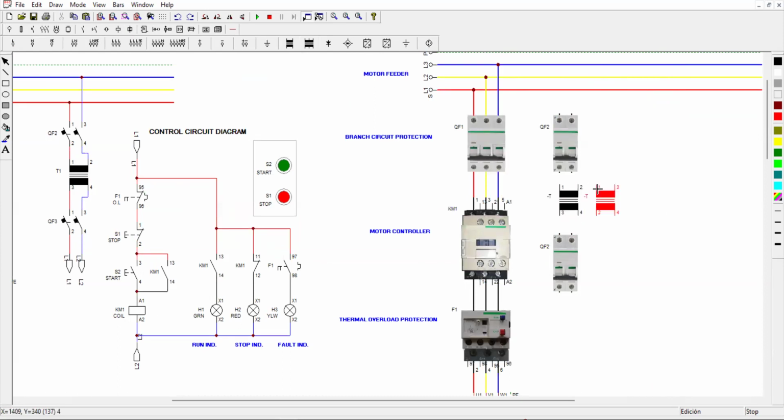Use a transformer here, and then we'll use